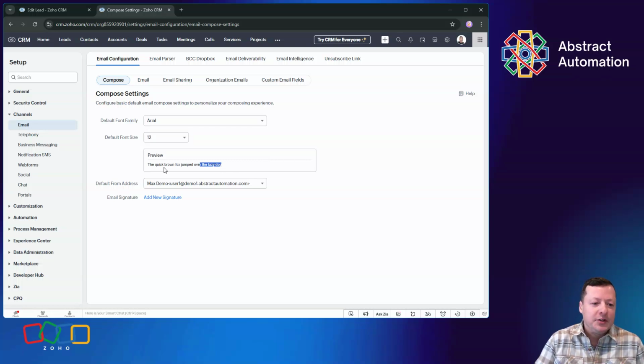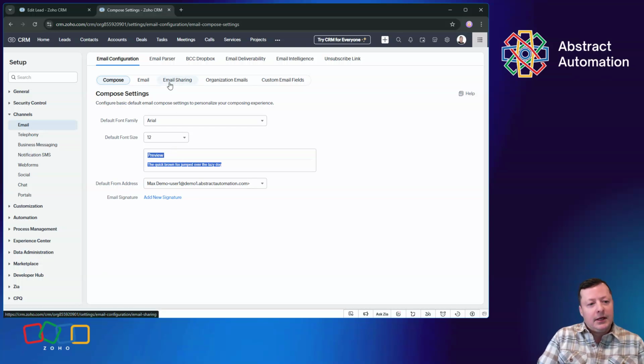By the way, ignore this preview right here. This preview is way smaller text than an actual size that you've selected. So I don't know, it's something goofy with Zoho here, but that is not a size 12 that you're seeing on my screen. That's definitely more like a size 10. So in my opinion, their preview option here just doesn't really work right. So that's that. Set up your email signatures, set up your fonts, and then what you want to do is